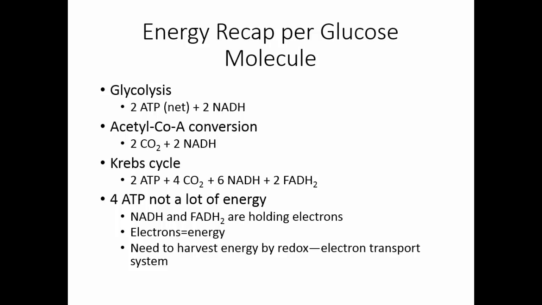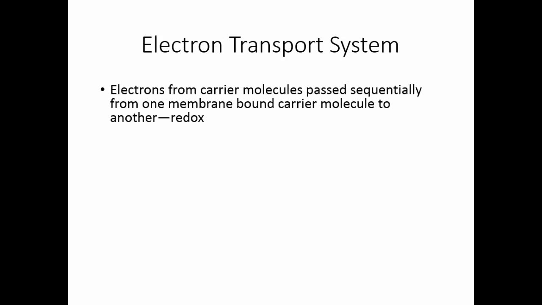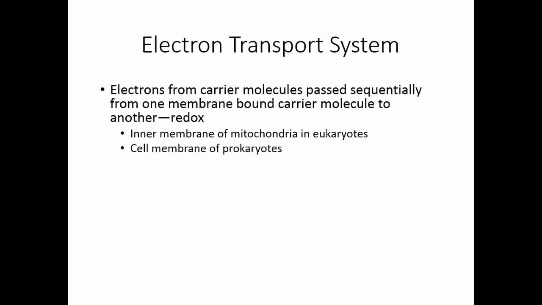This is where we need the electron transport system. The electron transport system is simply a system of electron carrier molecules. Electrons are transferred from carrier molecule to carrier molecule, and these carrier molecules are bound to the membrane. In a eukaryotic cell, they're found on the inner membrane of the mitochondria. In the prokaryotic cell, they're bound to the cell membrane. While the process is basically the same in both eukaryotic and prokaryotic cells, there are some different transfer molecules in